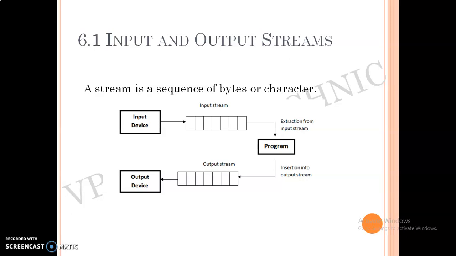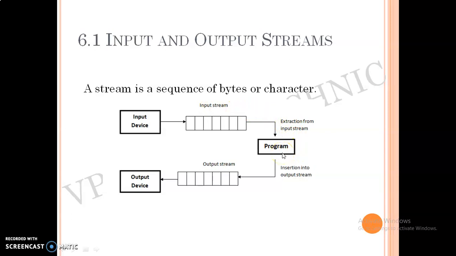Okay. So when we are talking about input and output stream, we are talking about bytes or characters. The standard input device is keyboard and the standard output device is your screen or display device, that is your monitor. Through the input device we are trying to give the data to the program.